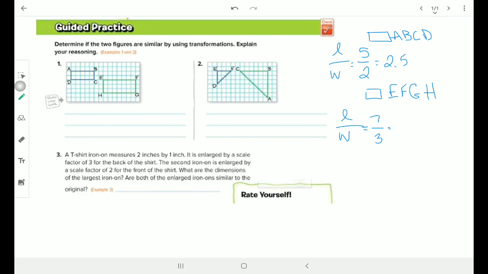It would be nice if it did, but in fact, 7 divided by 3 gives me 2.3 repeating, or 2 and 1/3. So we don't have to worry about a transformation here. We know it is not similar